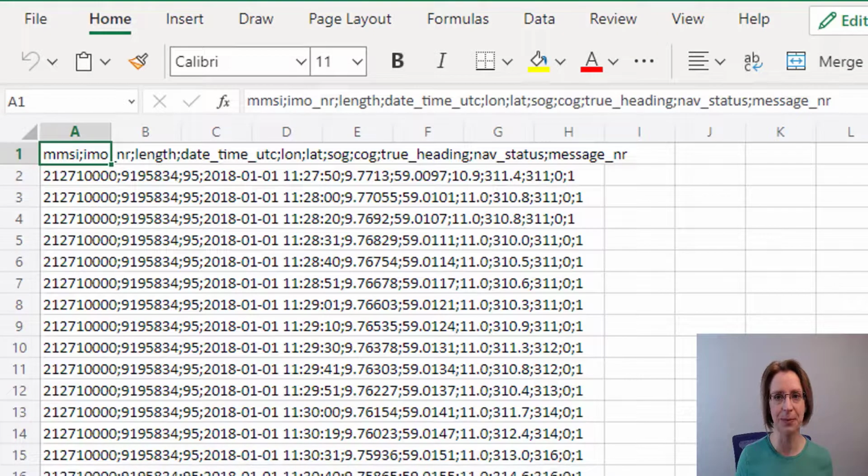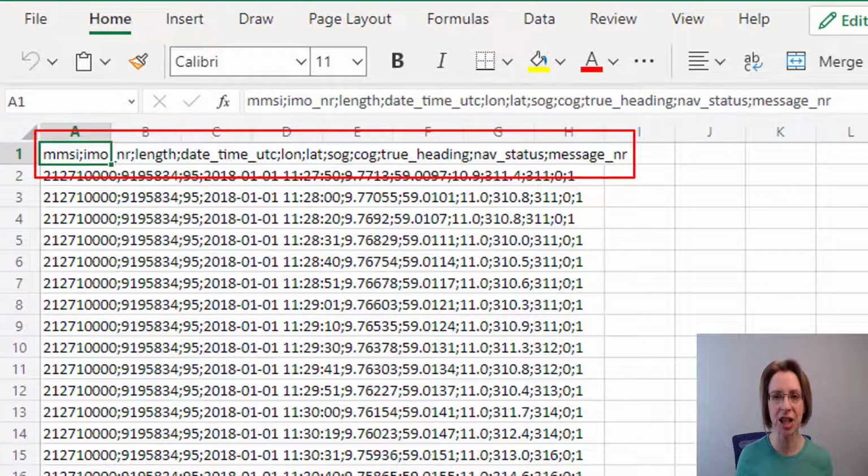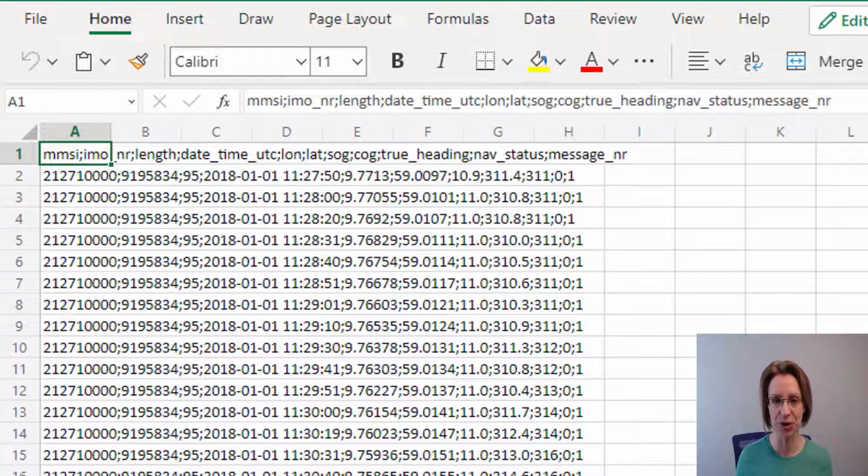Let's have a look at the data. In the top row, you can see that it contains the column headers, and the rows which follow contain the data for the relevant columns. In this project, all I will use is the MMSI, which references the ship, the longitude, which is LON, and the latitude, LAT. As you can see, there are other columns which may be useful to you in other projects